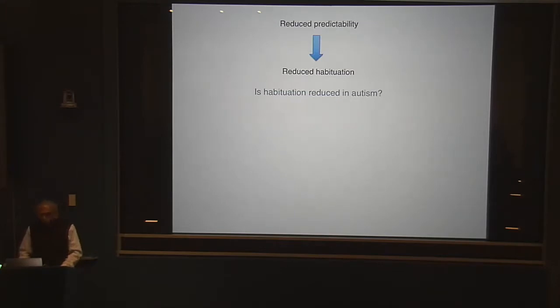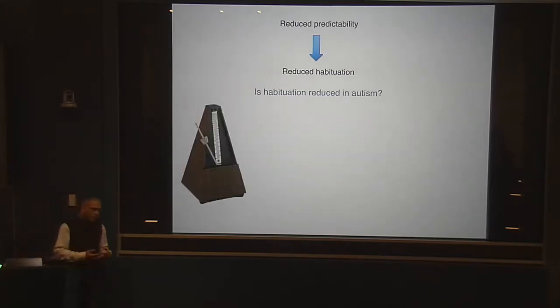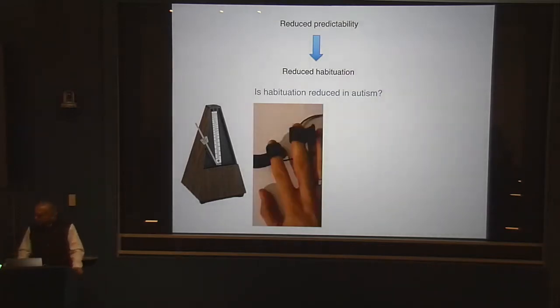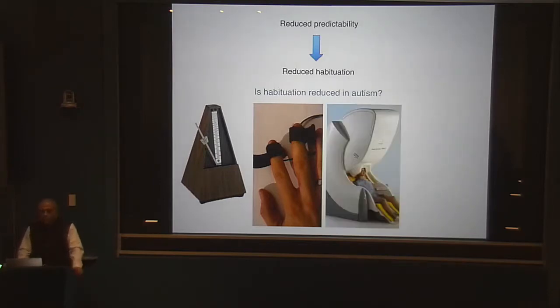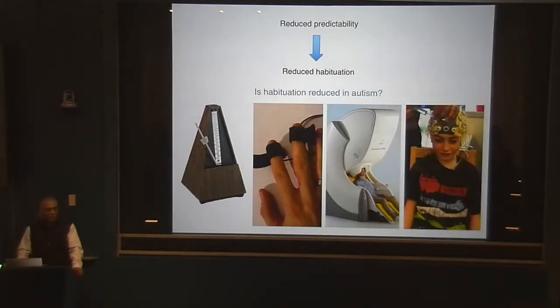The way we have approached this question is by presenting individuals different kinds of sequences. Here I'm going to talk about metronomic auditory sequences. So the person is hearing, say, tick, tick, tick, tick, once every second, while we record different kinds of responses from them. So we are looking at the galvanic skin response. In a separate study, we are looking at the neural activity as measured via magnetoencephalography or via electroencephalography.